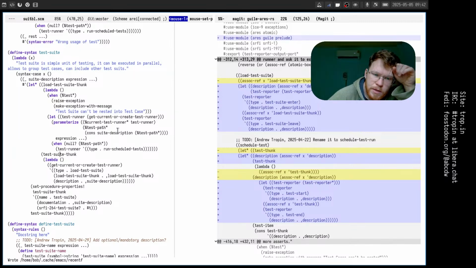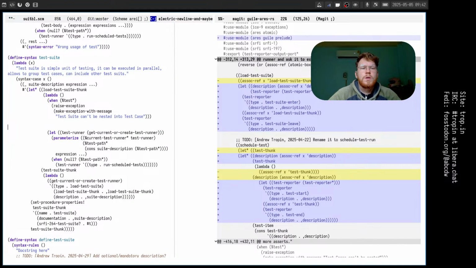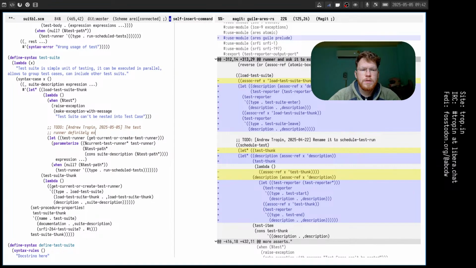Okay, I guess we definitely need to think here. The test runner definitely exists at this point of time because